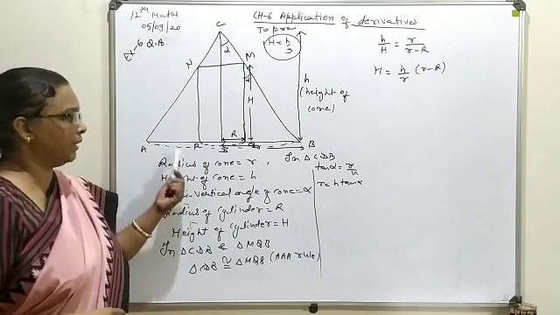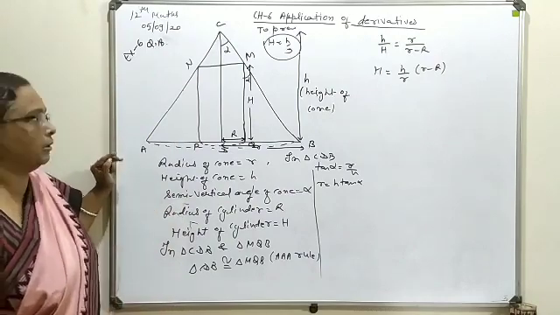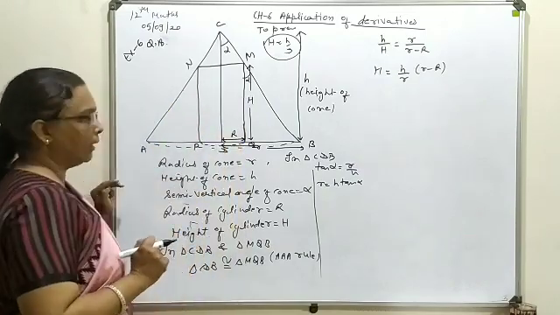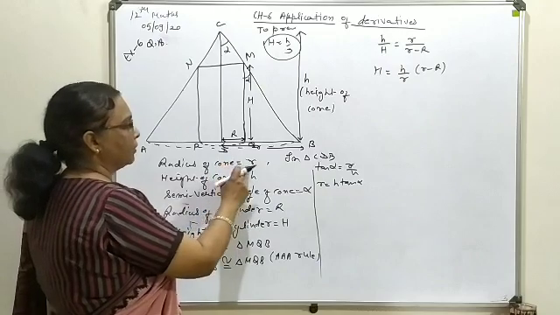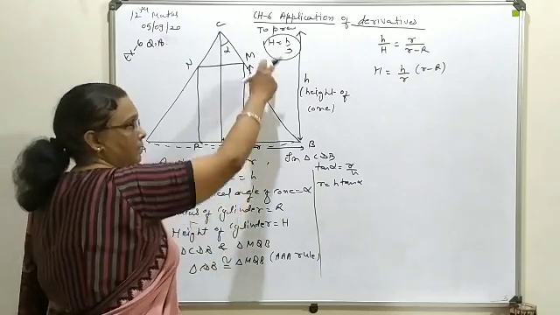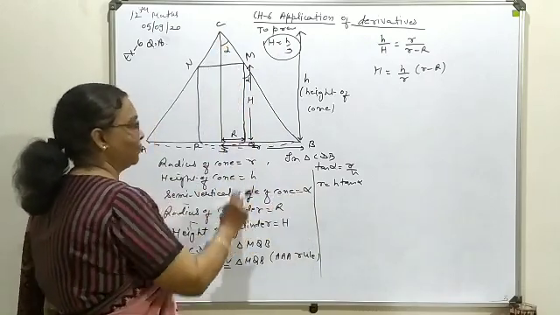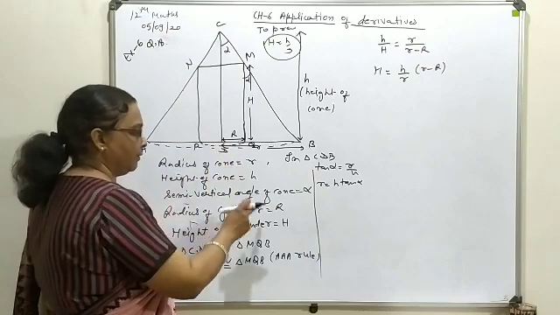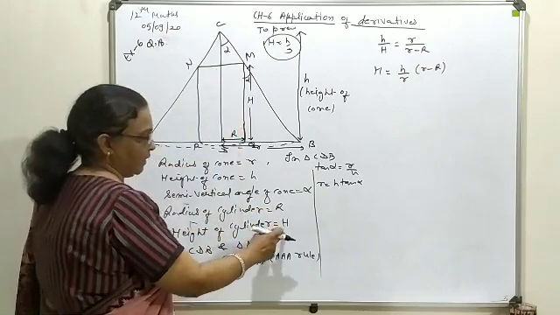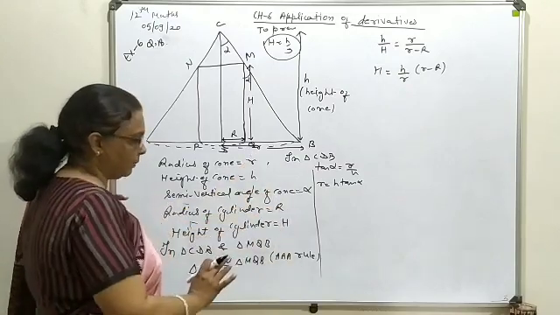For that purpose we have drawn one diagram in which you try to understand what parameters we have. This is your cone and cylinder. Inside the cone we have described the cylinder. Radius of the cone is written as a smaller r, height of the cone is H, semi-vertical angle we have taken as alpha, radius of the cylinder is capital R, height of the cylinder is capital H. So for one we have the small letters, for the other we have the capital ones.